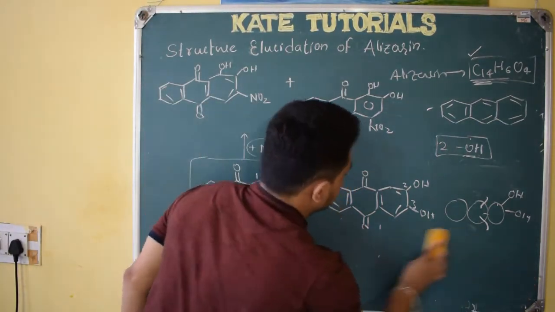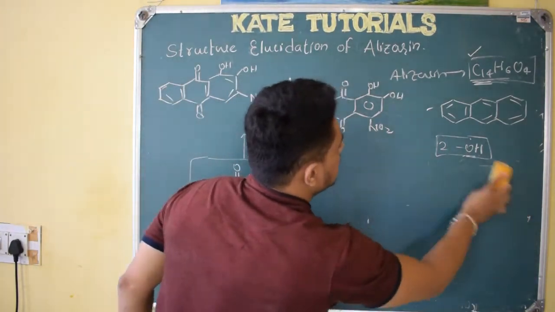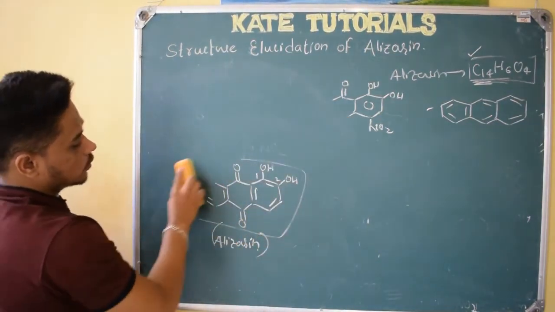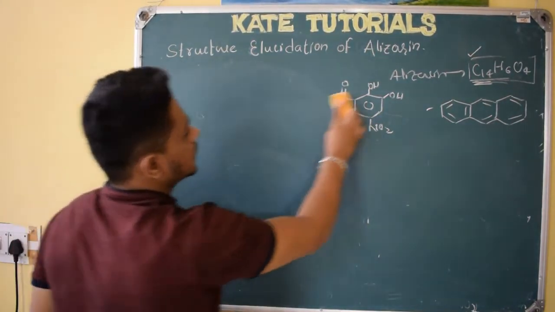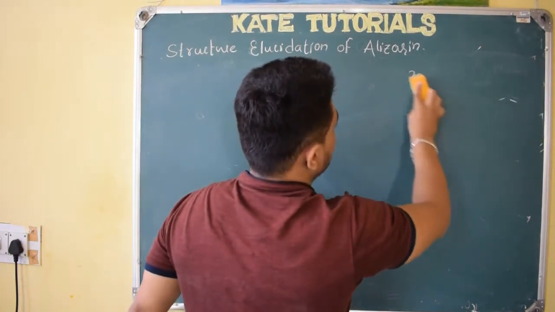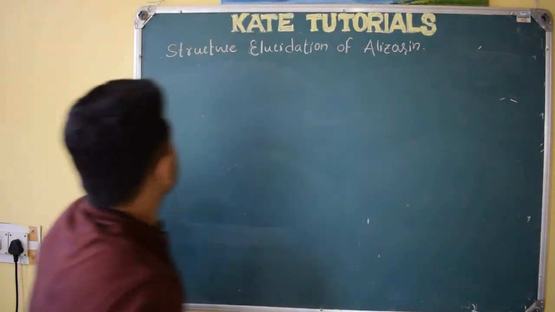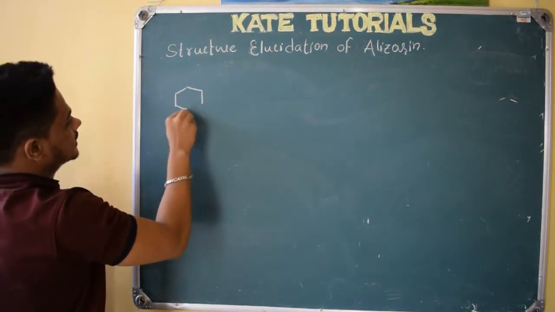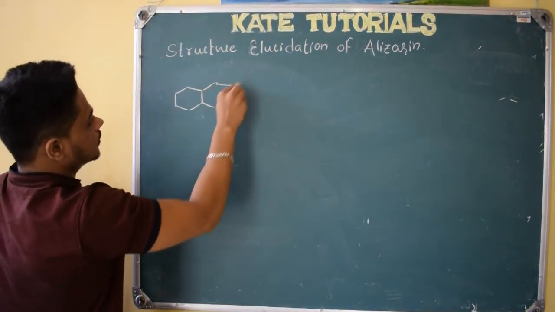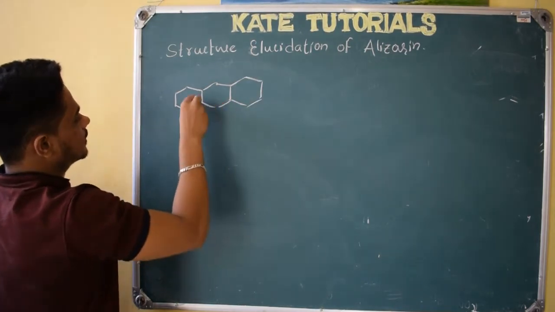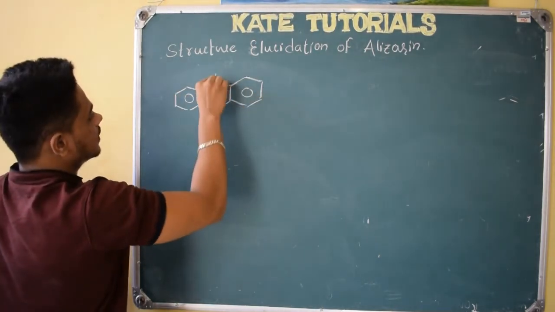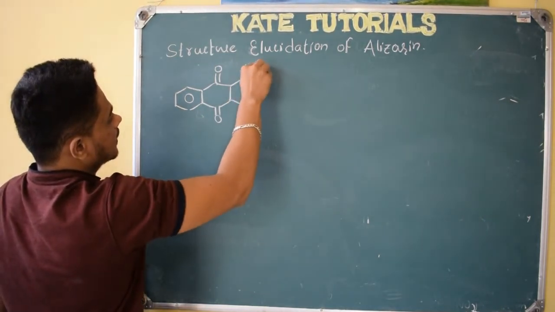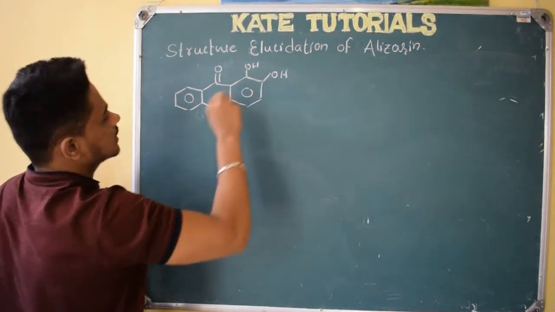So what all the things I have explained, let me tell with this structure of alizarin. I hope you know this, now you remember the structure of alizarin, right. From structural elucidation they got the structure of alizarin to be like this. So it has 3 rings, right. Here the benzene ring, double bond O, here OH and here OH. So this is the structure of alizarin.